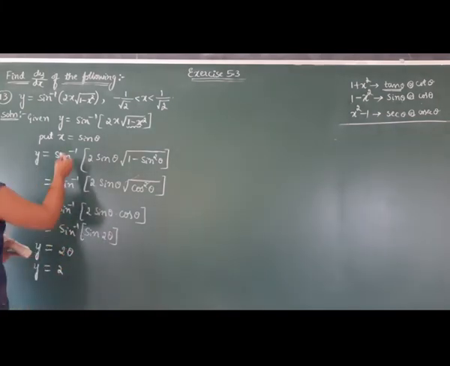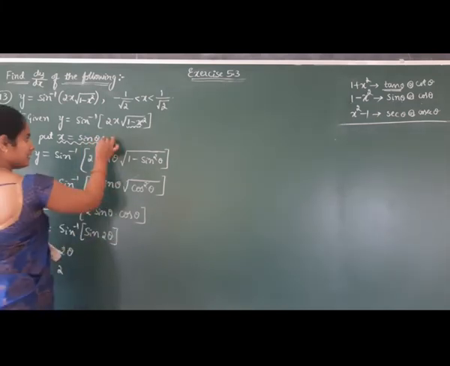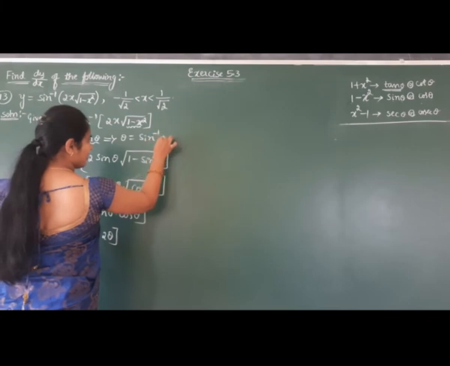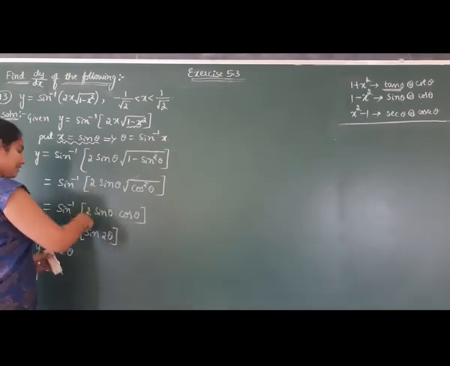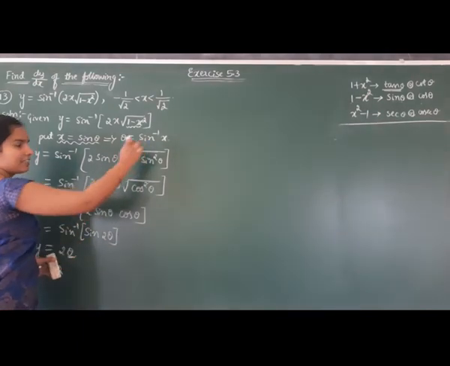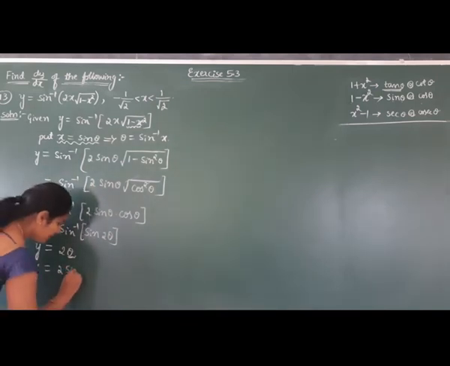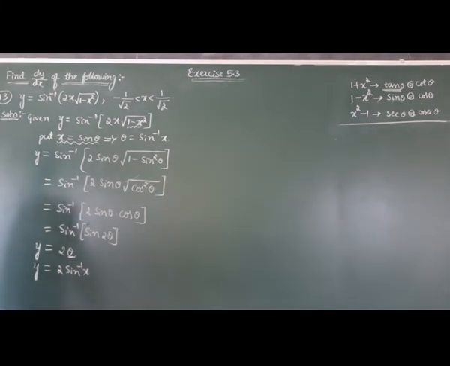So observe here, we take the substitution as x is equal to sin theta. This implies theta is equal to sin inverse x, right? So I will replace theta by sin inverse x. Okay? So then y is equal to 2 sin inverse x. Okay, so differentiate this function